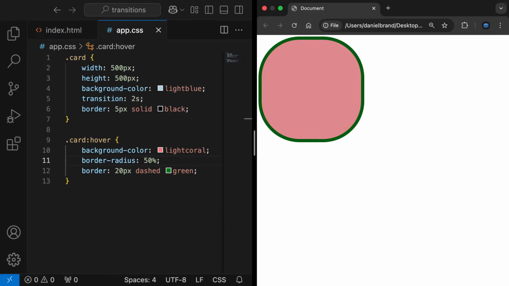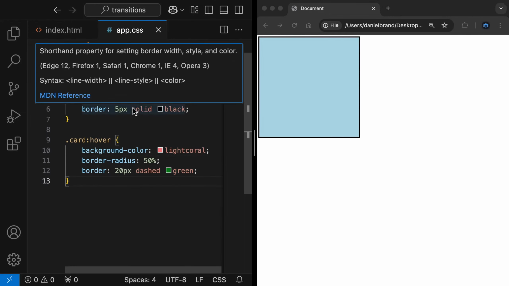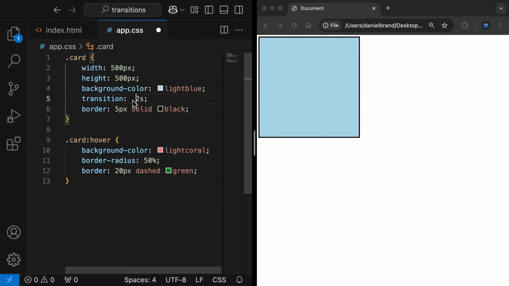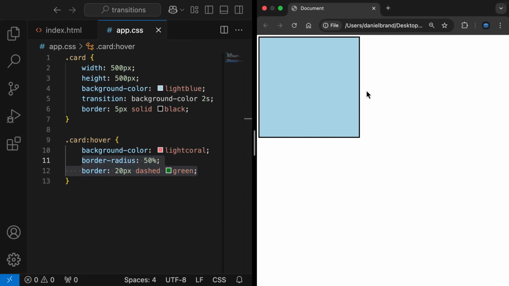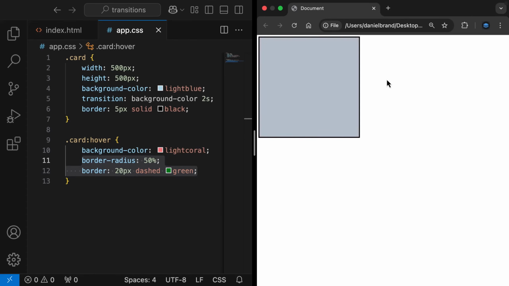Now let's check out the case when I only want a specific property to change. For example, let's just change the background color. To do that, the first value would be background color, and we keep the 2-second duration. I'll refresh, and you'll now see only the background color undergoes the transition, whereas the border radius and border will instantly change. Let's check that out. You'll see we went immediately from a square to a circle, and a black border to a green border, whereas the background color does take time to transition,